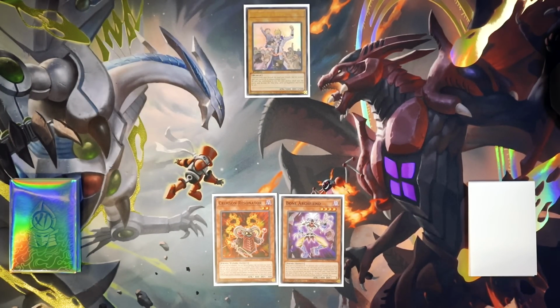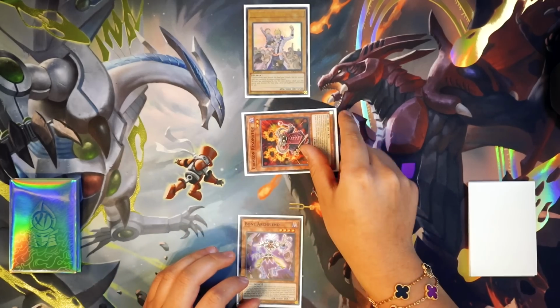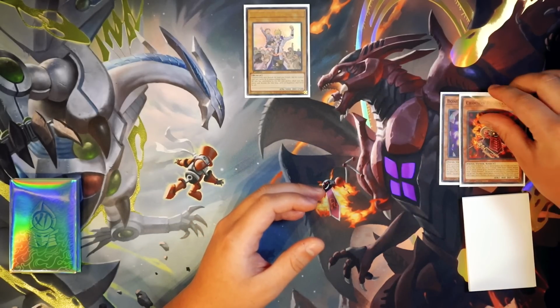And this is an alternative route to get you access to Supernova Dragon. I'm going to show you guys exactly how to do it. So first and foremost, as you control no monsters, you get to special summon Crimson Resonator from your hand. Next, you're going to normal summon your Bone Archfiend. Using Bone Archfiend and Crimson Resonator, you're going to synchro these 2 cards to the graveyard to special summon your